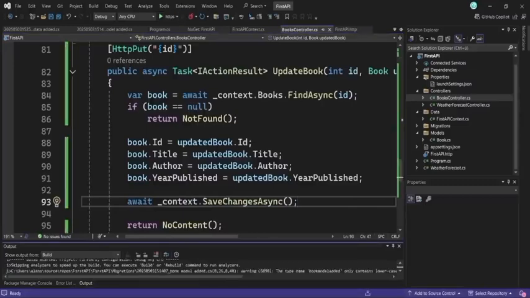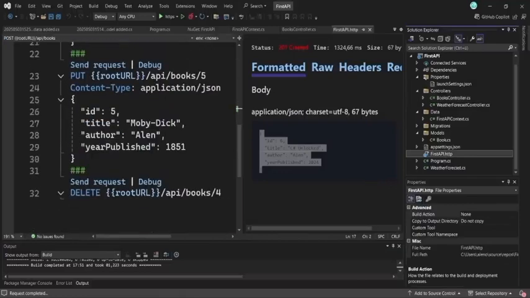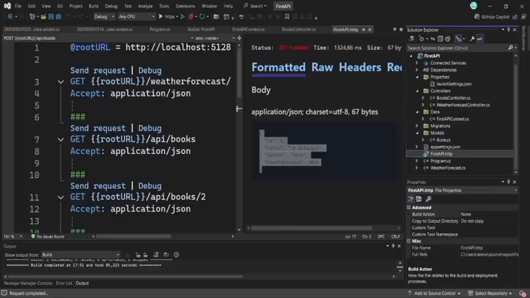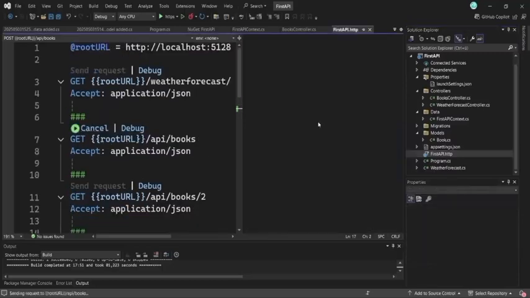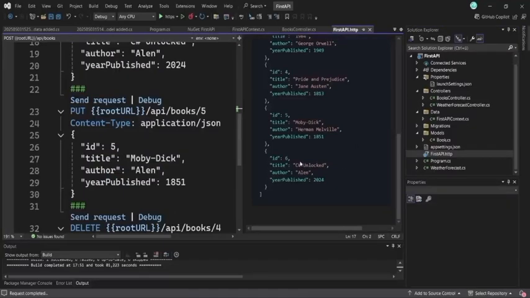I'm gonna need to run the app and go to our HTTP file here. Where was our put request? Let me get all of the data first to see what we have here. Okay, I'll change the last book that we added, C#. Let's just change the name here, C# ebook from me